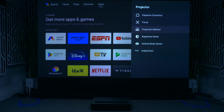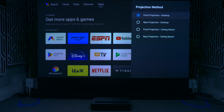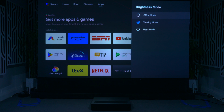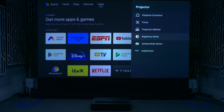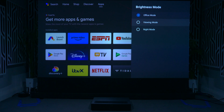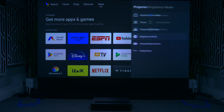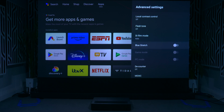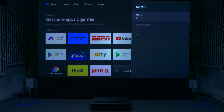The overall projector menu system seemed a little different to me, with a few extra settings, some that made more or less sense to me than others, such as the projector brightness options. They are either viewing, dark or office mode. And why office and not bright? Well, I'm not sure office mode makes the projector brighter. It seems to just shift the gamma and colour to be more blue, to give the impression of a brighter, maybe more white image. So I found it's best to resist the temptation to change this and just keep the brightness set to viewing mode, as the gamma seems to track better, at least as best as I could tell